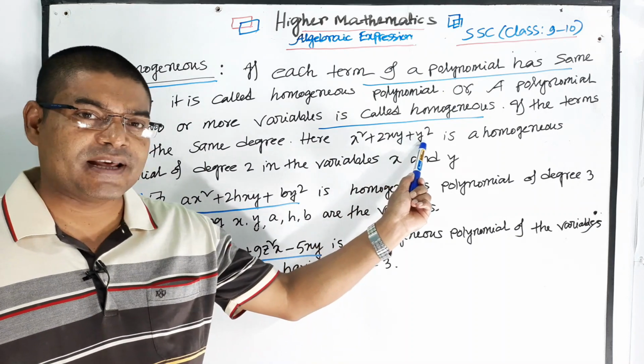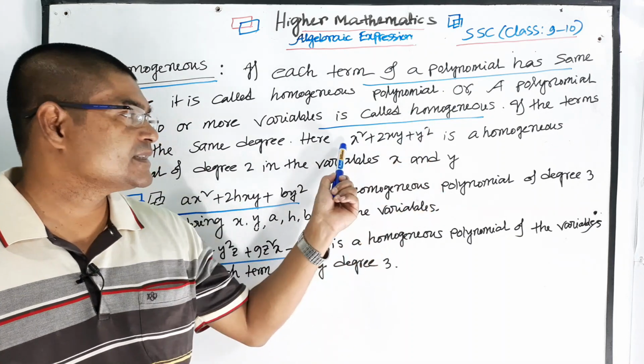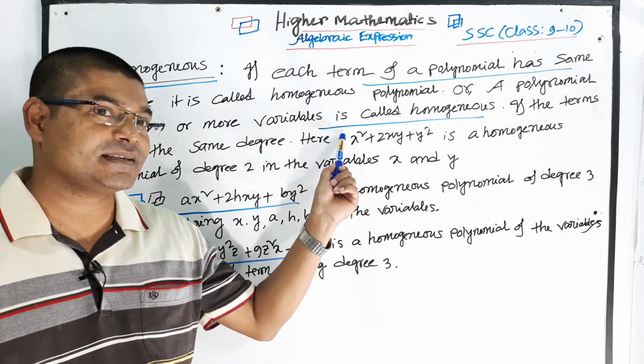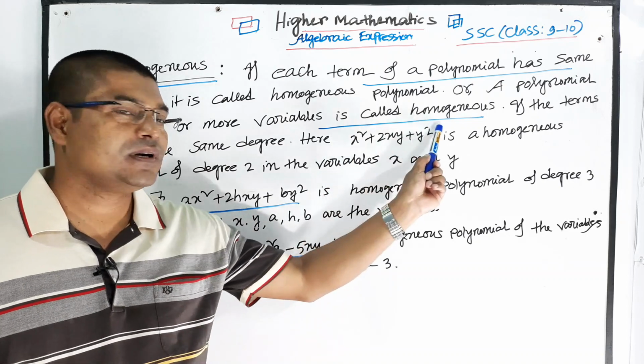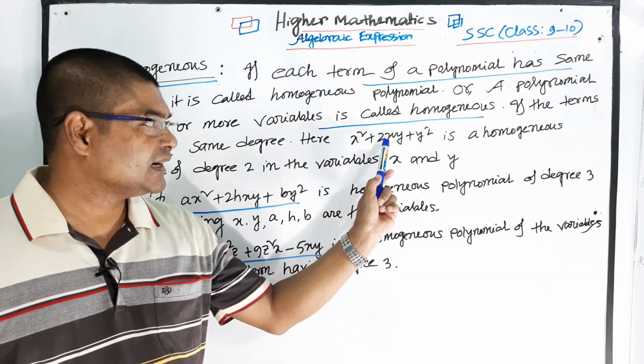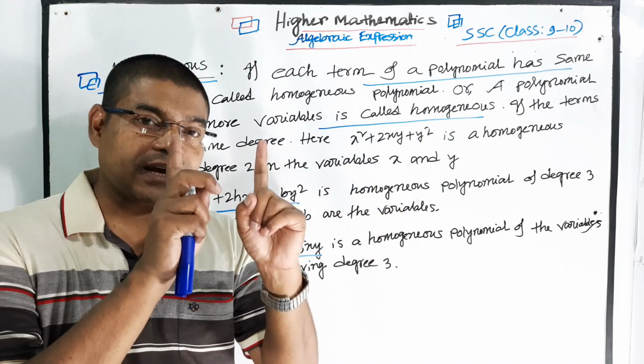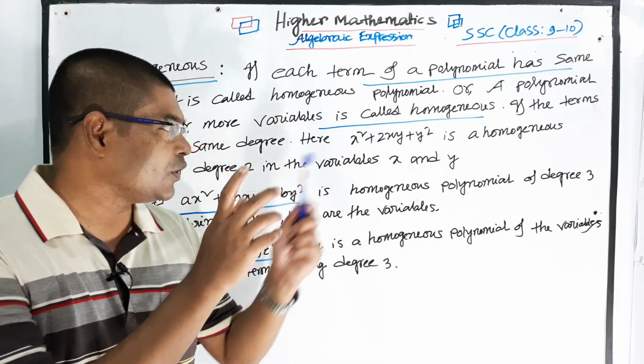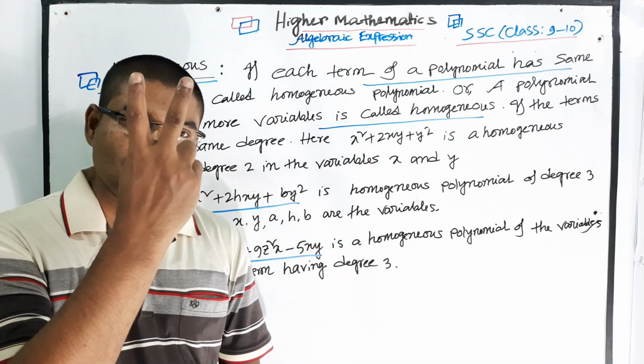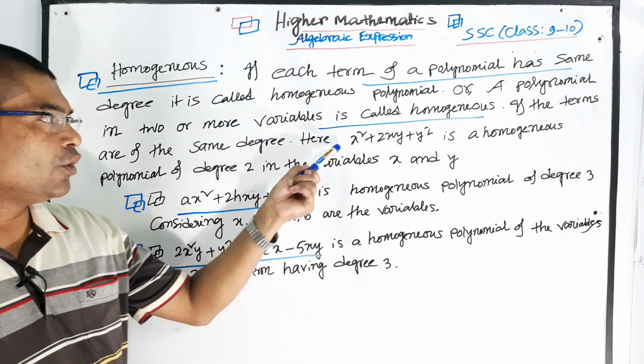Here is single variable y square, single variable x square, degree 2. For x and y, add the power of the two variables here. So 1 plus 1 equal to 2. So this is a homogeneous